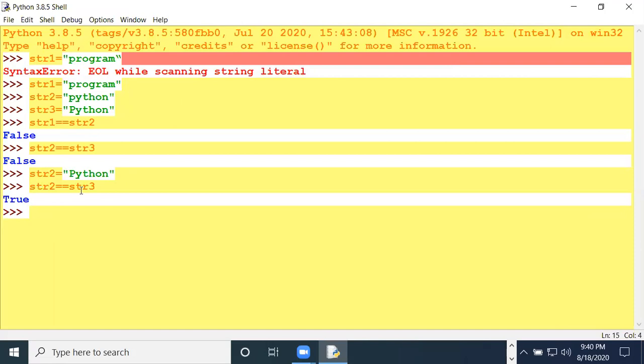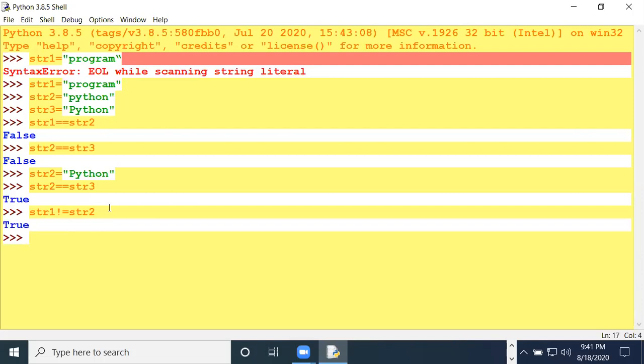So this equality operator we can use. If I compare str1 not equal str2, I am writing not with the exclamation symbol. str1 not equal str2 will display true because both are not equal. It is correct, so it will display true.